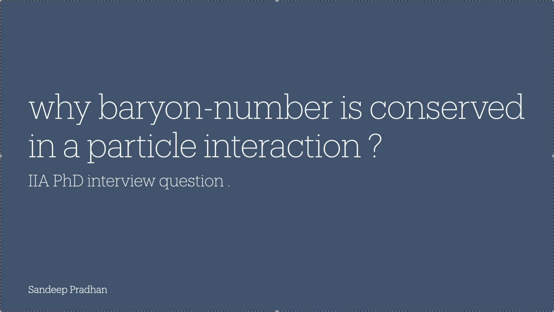We will first try to answer what is baryon number. Then we will understand how to compute baryon number for various types of particles like hadrons, baryons, mesons, and anti-baryons. And then we'll see what the possibilities are in particle interactions, and try to understand why baryon number must be conserved. And then we will understand why proton cannot decay in the standard model of particle physics.